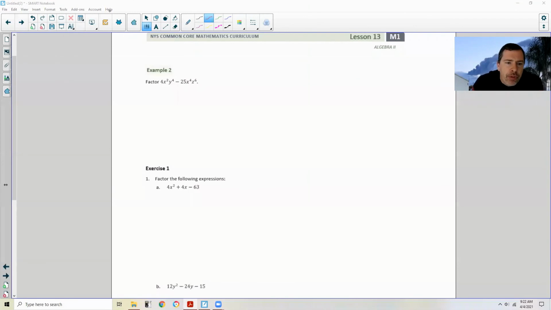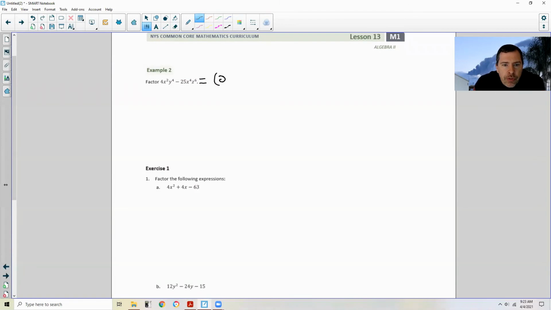Okay, page 2, example 2 says to factor this: 4x squared y to the 4th minus 25x to the 4th z to the 6th. Since I see that 4 is a perfect square and 25 is a perfect square, and 2, 4, 4, and 6 are all even, the square root of variables to a certain degree, if the degree is even, the square root is half of that. So I see that these are both perfect squares. So this is going to be equal to